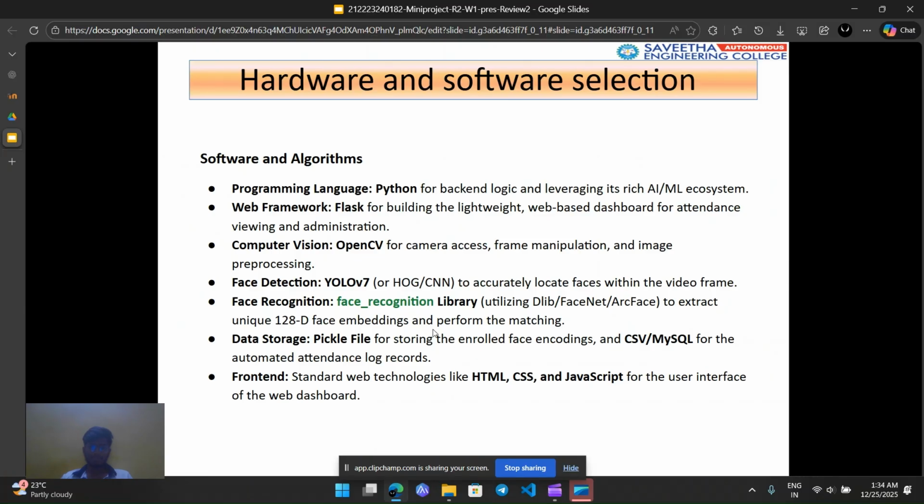For face detection, we have used YOLO version 7, which accurately locates faces within the video frame using bounding boxes. The face recognition model is an inbuilt function given by the face recognition library, utilizing Dlib, FaceNet, and ArcFace to extract a unique 128-dimensional face embedding and perform the matching.